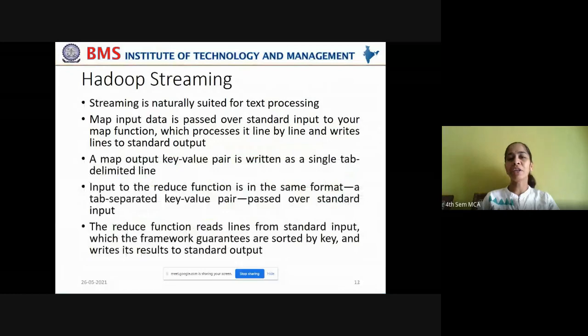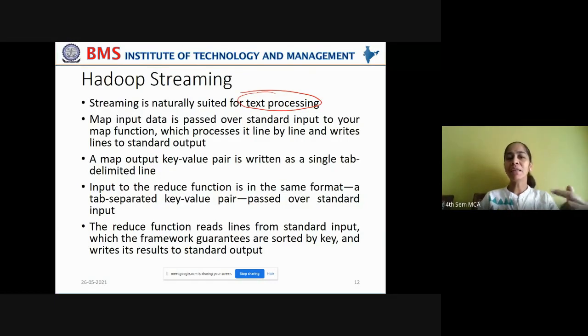Now, streaming is naturally suited for text processing. You know how text processing is done in order to find what is the sentiment involved in the text, whether it is having a positive polarity. Say some trending issue is going on social media. Now, there are some tweets or posts put on social media about that topic. Now, if you wanted to know whether the people are having a positive polarity or a negative polarity with respect to that trending issue, you can do that by processing the text posted by the participants of social media, right?